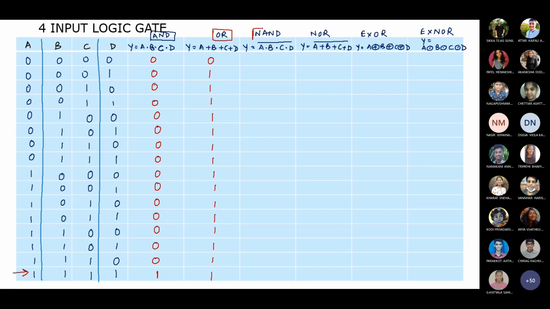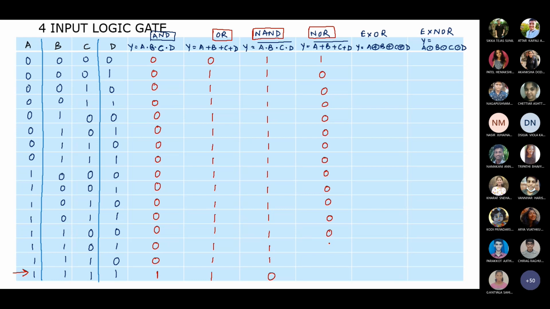Same way NAND logic में अभी opposite of AND आएगा. तो 1 1 1 1 till the last one, all are 1 except the last is 0. NOR logic में first will be 1, and the rest of the outputs will be all 0.